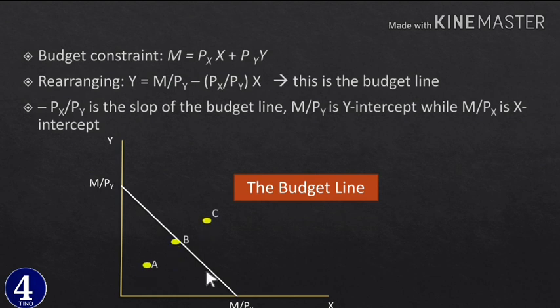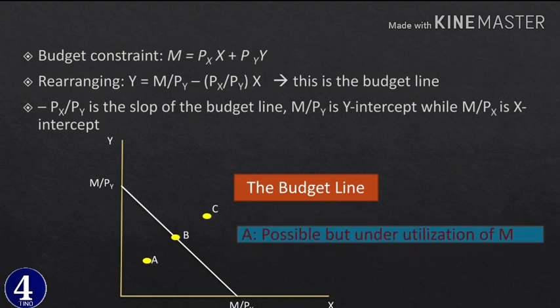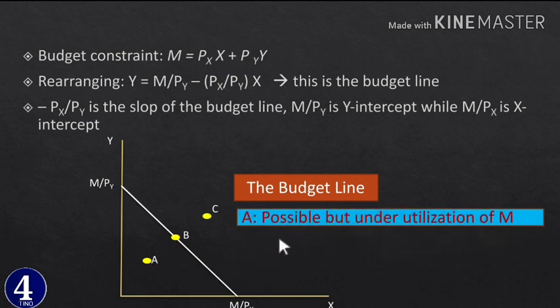እስኪ እነዚህን ፖይንቶች እንያቸው። ፖይንት ኤ ማለት is below the budget line አይደል? ከበጀት ላይኑ በታች ያለው right? so what does it mean? point A is a possible point እዚሁ ስለሆነ inside the box ስለሆነ inside the triangle ስለሆነ it is possible but we are underutilizing our money ሁሉንም ያለንን ገንዘብ እየተጠቀምን አይደለም። 100 ብር ካለን if we are on point A ከሆነን